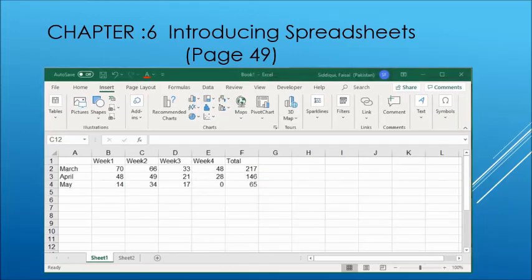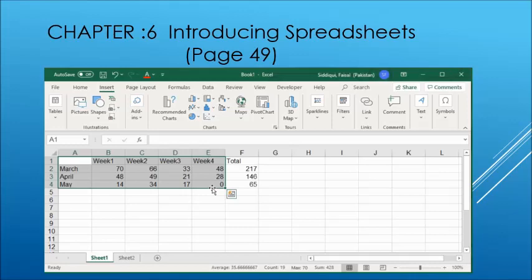Dear students, on page number 49, inserting a chart from your data has been discussed. In order to make a chart of the worksheet that we made in the activity given on page number 48, we will select the cells of data that we want to be included in our chart. I have selected the text from week 1, week 2, week 3 and week 4.